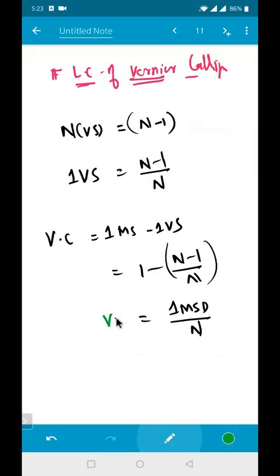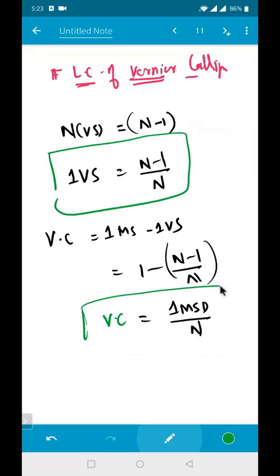I hope you also know the Vernier constant formulas and these relations. These are very, very important generally for the examinations. Now, if the zero of the Vernier scale is to the right of the main scale, then the zero error is said to be positive, and the correction to be made for that is what? Negative. I hope everyone knows that. The zero error is always subtracted from the reading to get the correct value.